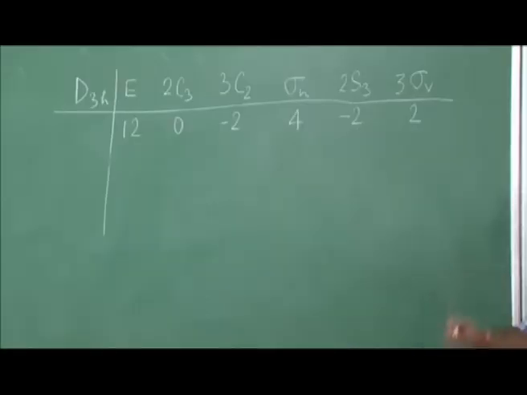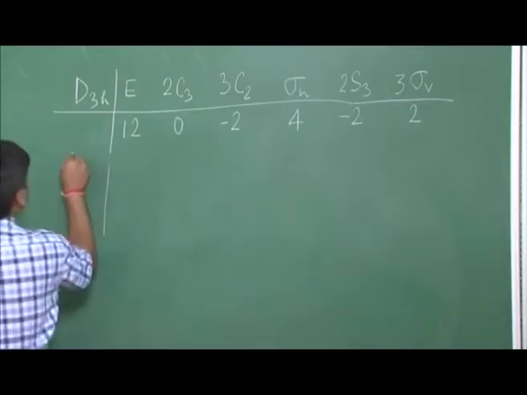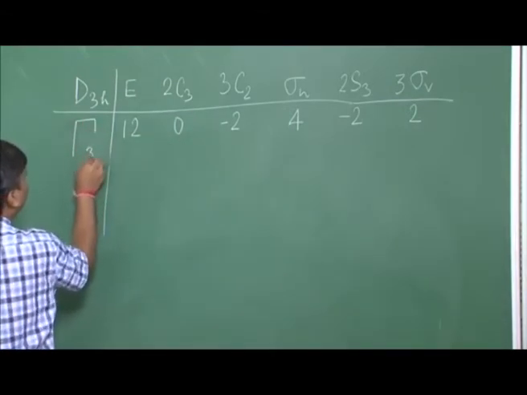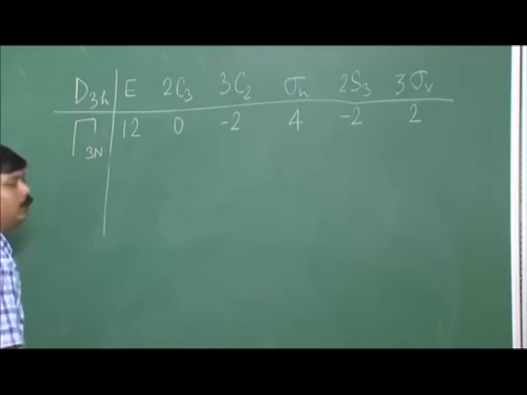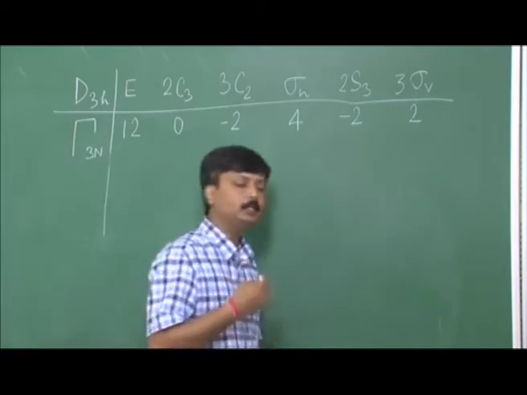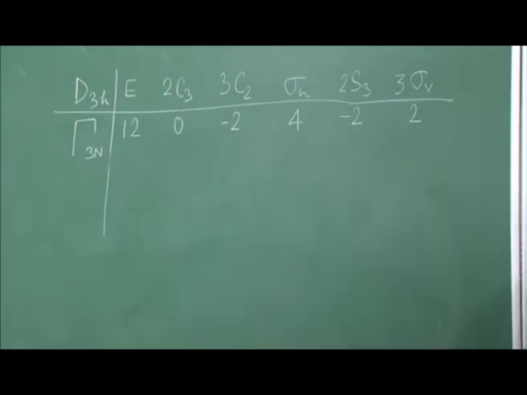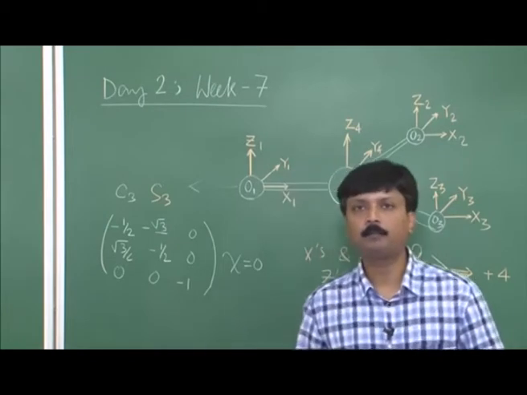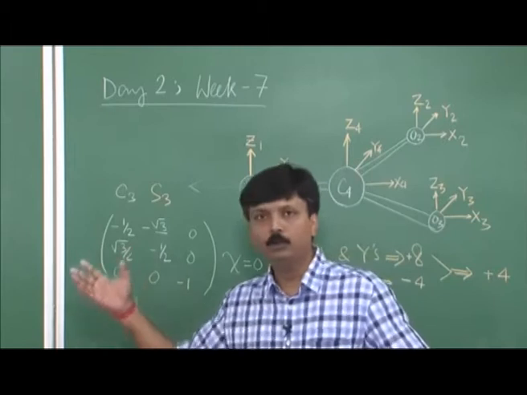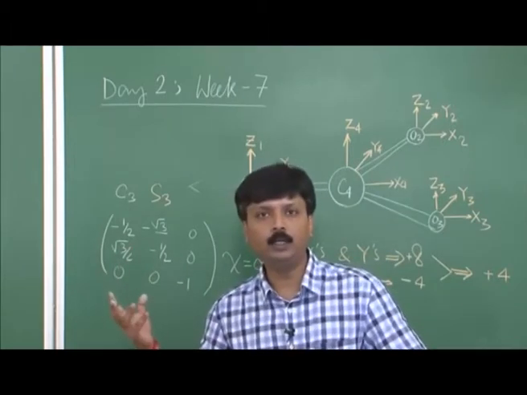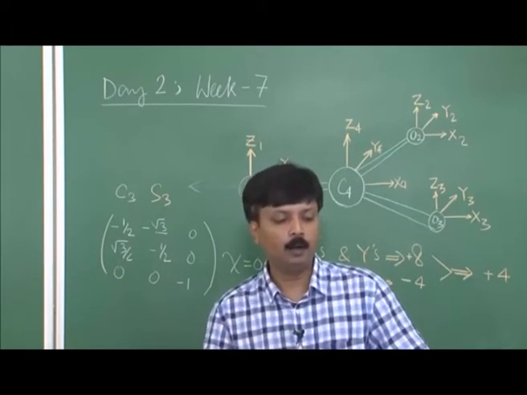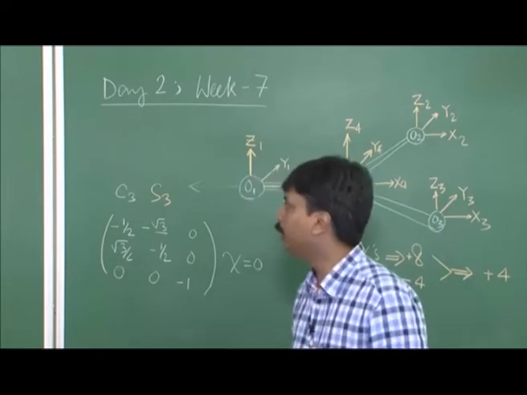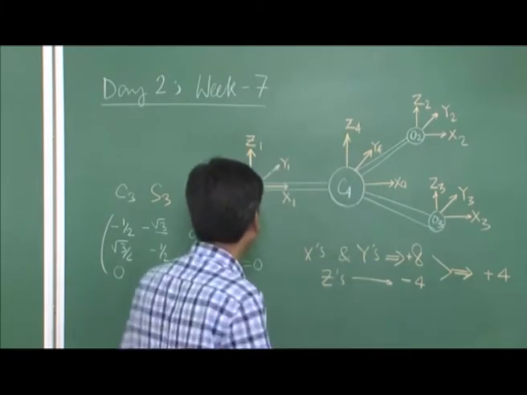So this is my reducible representation that I got using 3n Cartesian coordinates as my basis set. Alright. So what is my next job? So my next job is to reduce this, correct? So in order to reduce that, what we have to do? We have to use the formula that we have already deduced earlier. So if you reduce that, what you are going to get?